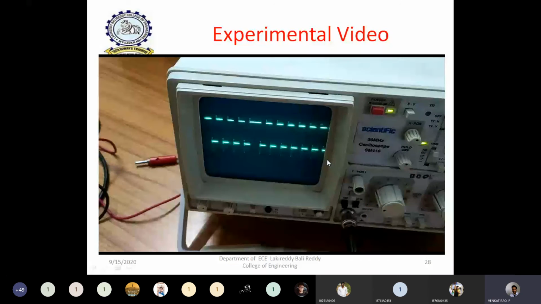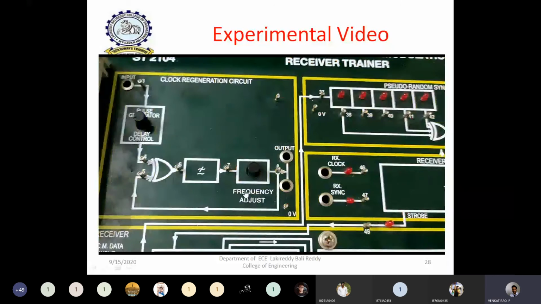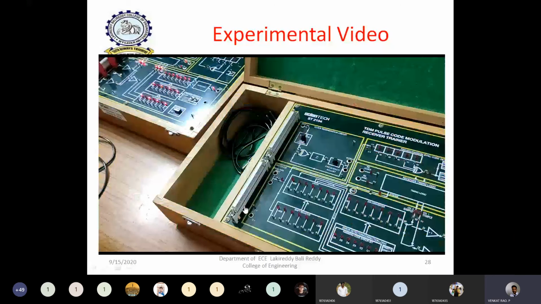Now if you observe this PCM receiver, it is a direct operation. Similarly, what I have explained in time division multiplexing, in this PCM also both transmitter and receiver must be operated based on the same clock. So here the clock pulses, clock inputs, are combined so that both the transmitter and receiver sections are operated in a synchronized way. Similarly, ground also must be common for both. That's why here clocks are combined from transmitter to receiver.